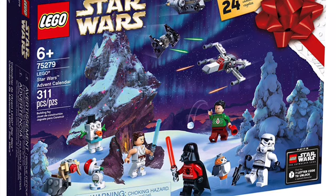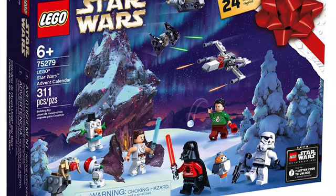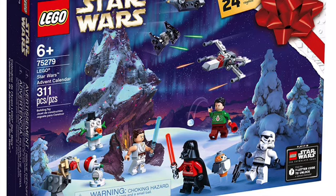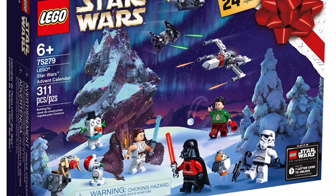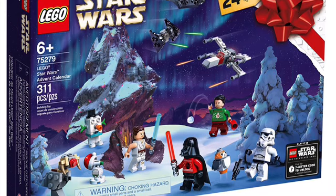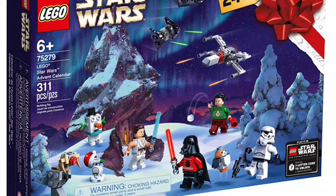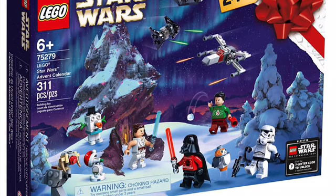Anyways, the mini builds are an A-Wing, some Tatooine structure, a Razor Crest, a TIE Dagger, an X-Wing, Millennium Falcon, a Republic Frigate, a Separatist Command Ship, Anakin's Pod Racer, a Snowspeeder, a Mini Tauntaun Echo Base, a Christmas Gonk Droid, and Darth Vader's Castle. Again, these look nice and are exclusive to the set, but I've just never been a fan of all of